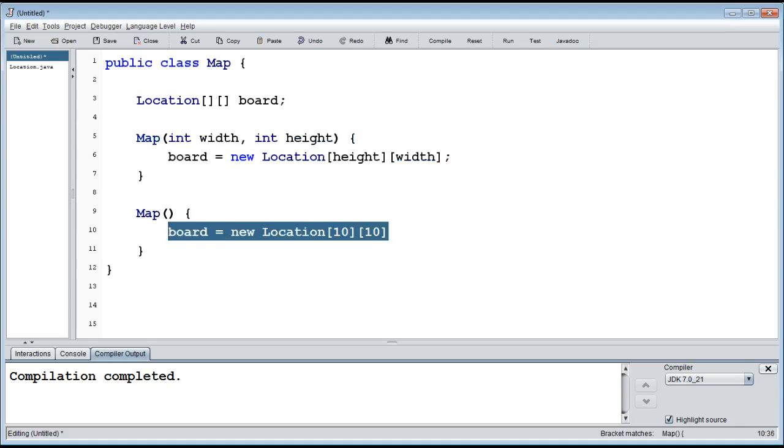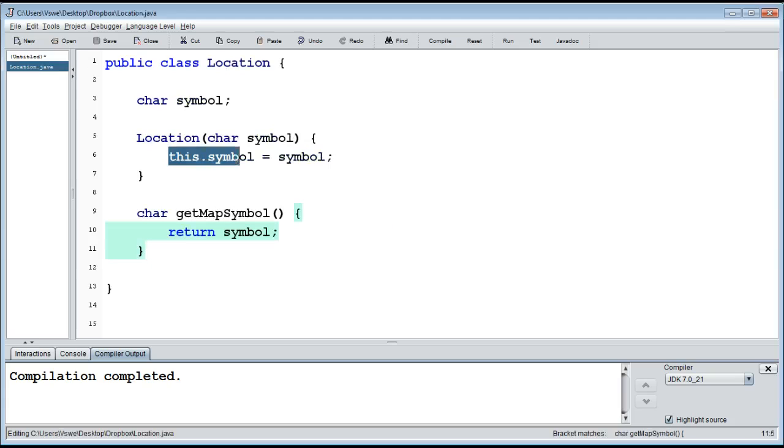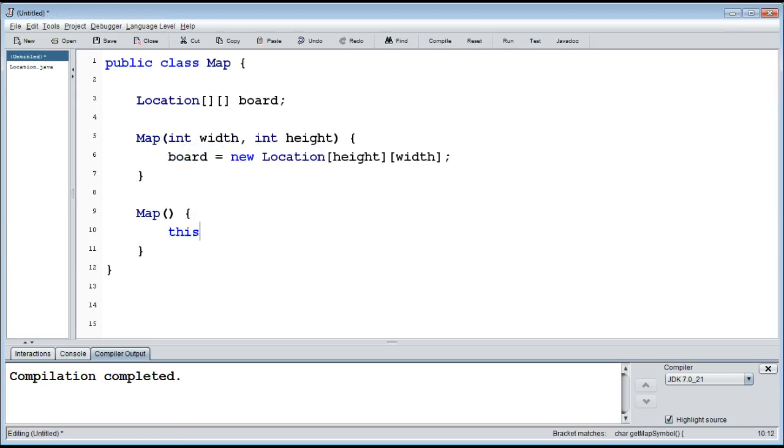Well, we can do that with this keyword, so we can use it for this as well. Remember, we had it here when we referred to this field up there, but we can also refer to it by doing this. So when we use this keyword here, we refer to ourselves still, but we refer to the constructor, and then we refer to the constructor with two integer parameters, which is this one. So when we do this here,